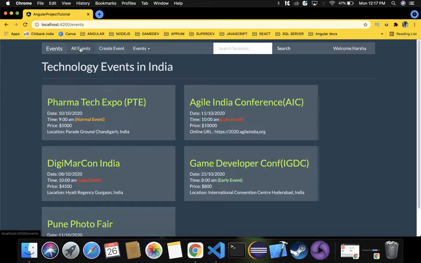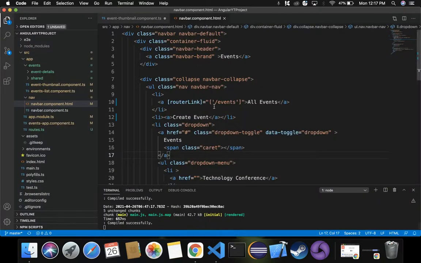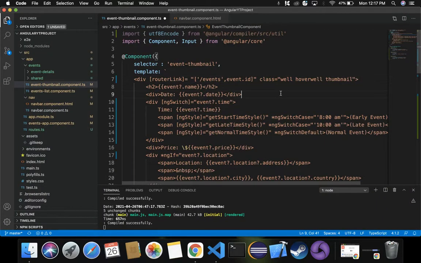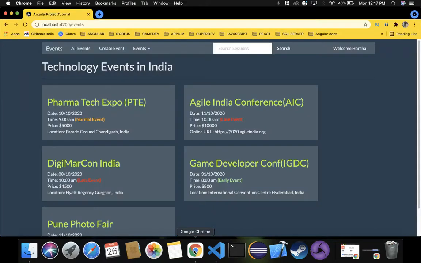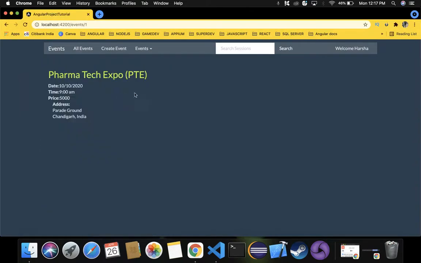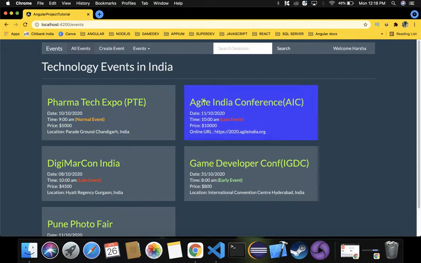Now if I click on all events, it will go back to this main page. That is what we have specified in our class. So these changes are successfully saved now. If I click on any of these events, it will navigate to the event, and if I click on all events, it will navigate back to the main page.